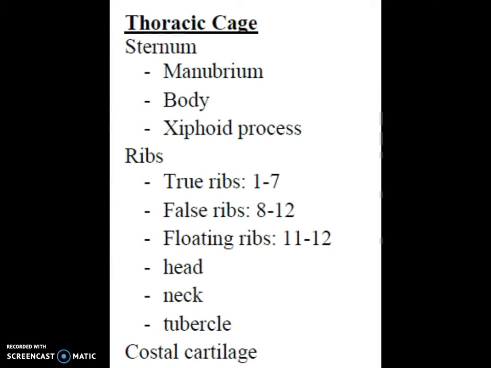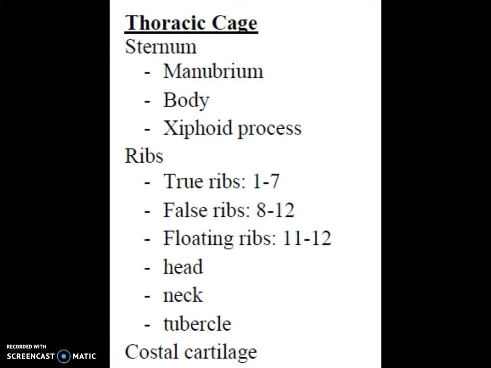So let's go back to our bone list and take a look at the section, the thoracic cage. We've covered the sternum with its 3 parts, the manubrium, body, and xiphoid process. We looked at the ribs. You have 12 pairs of ribs. You have true ribs, which are the first 7 pairs. Then you have the false ribs, which are the last 5 pairs. And of the false ribs, 2 of them are floating ribs, pairs number 11 and 12. And then we covered that all ribs have the head, neck, and tubercle,